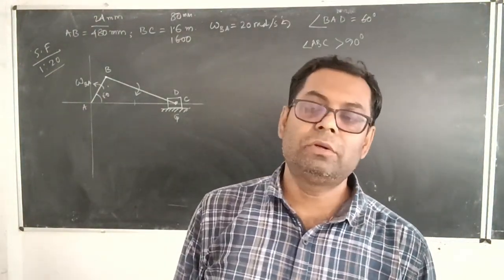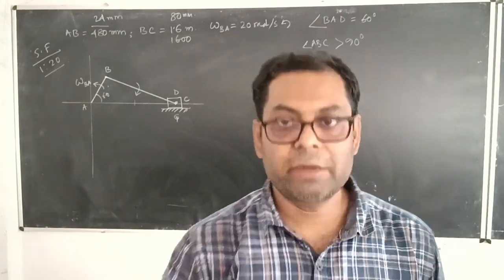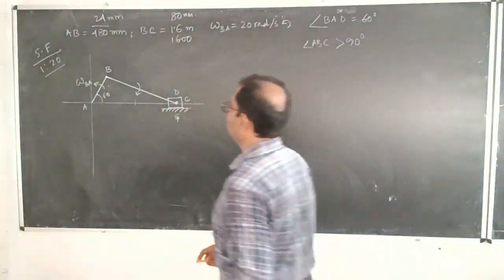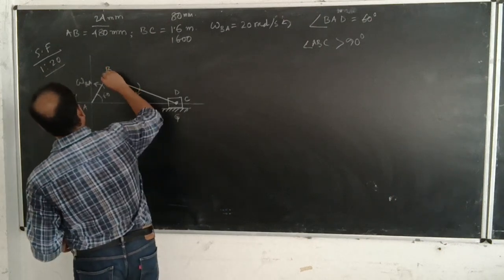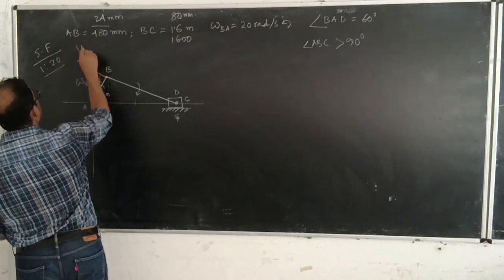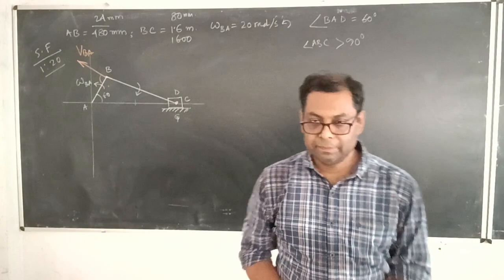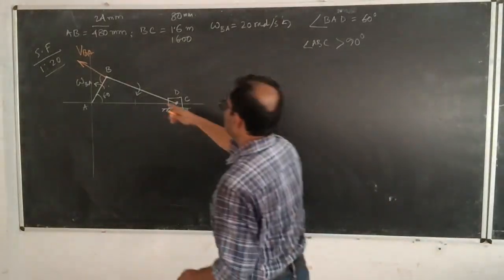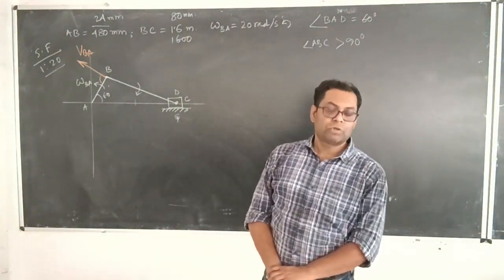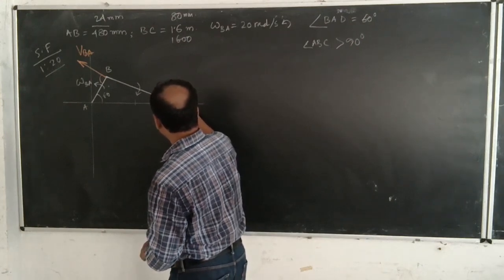So now it's time to draw the velocity components, and then we are going to draw the velocity diagram. For that purpose, what we are going to do? We are going to draw a line which is perpendicular, and this is the orientation of VBA. With respect to B, because C is having a clockwise type of rotational motion, definitely from point C over here,